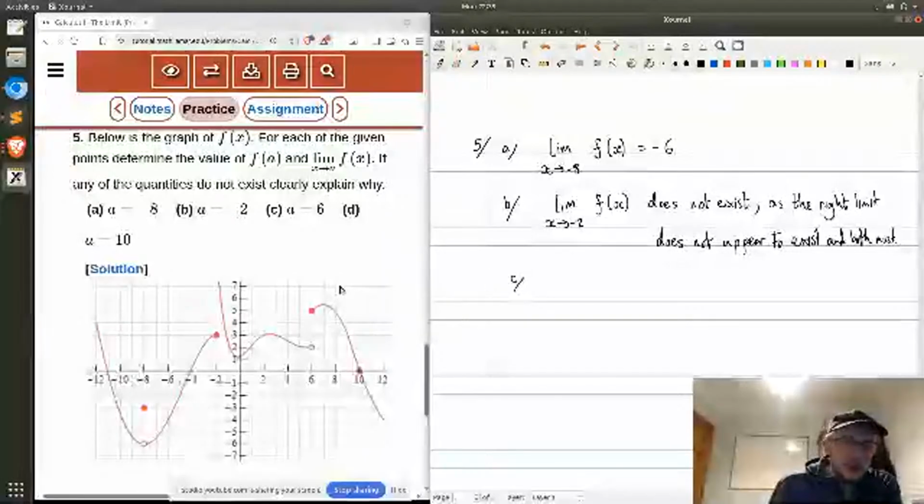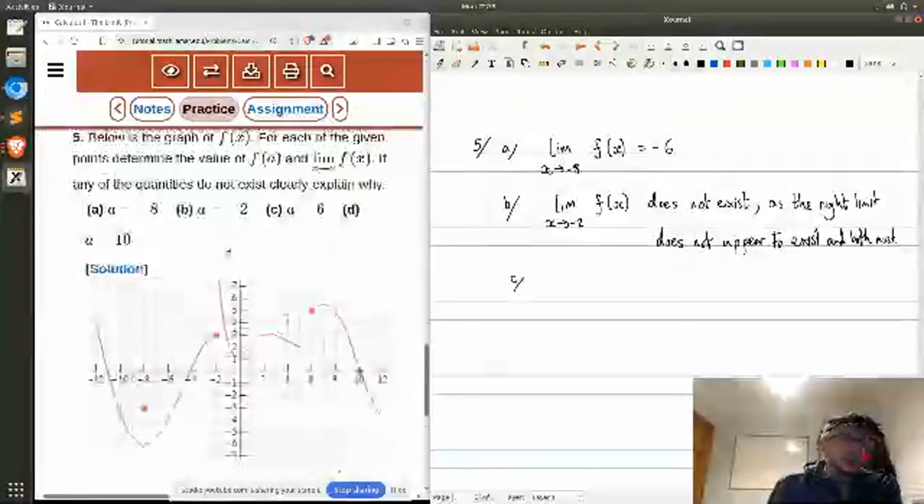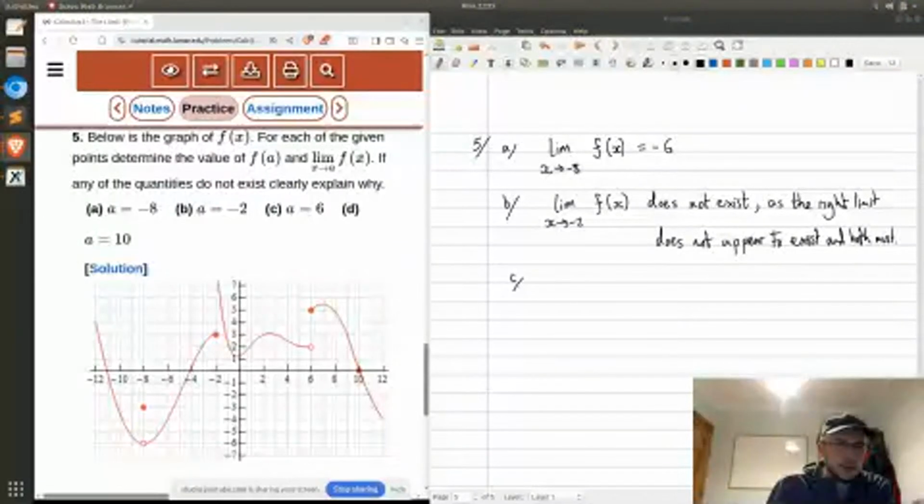But even if it did, it would have to equal the limit as x approaches